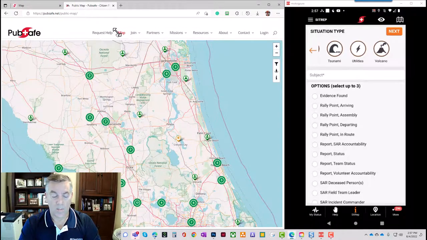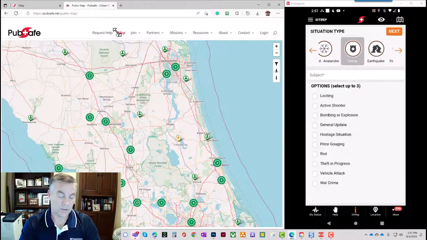You can report power outages. You can also report crime. This was actually designed for the Florida State Attorney after hurricanes. How do they report? Hey, I've got a crime, right? Well, they've got people sitting in a call center, taking phone calls, and if you can't get through because people are price gouging or there's things going on, you're out of luck. Well, we can report as much information as people want to put into the platform, and